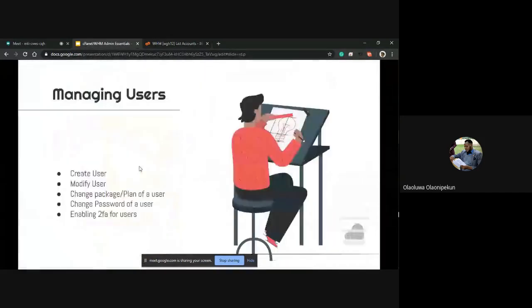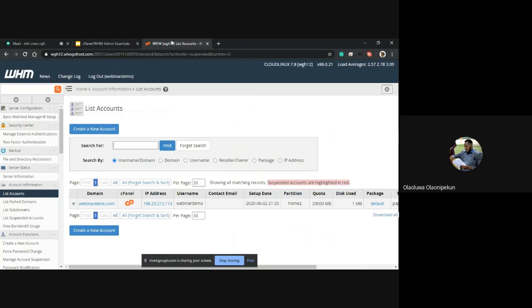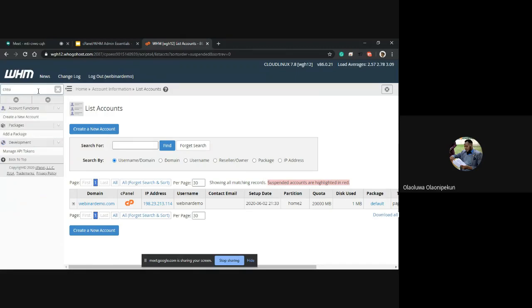Okay, so I'll go right next to managing users. So when you have a reseller account, at least I know the intention is actually to have multiple accounts hosted under it, and you kind of manage the terms at which you provide those services to whoever you're providing it to. So to create an account, you can easily search here for create. Before you type it finish, you would have